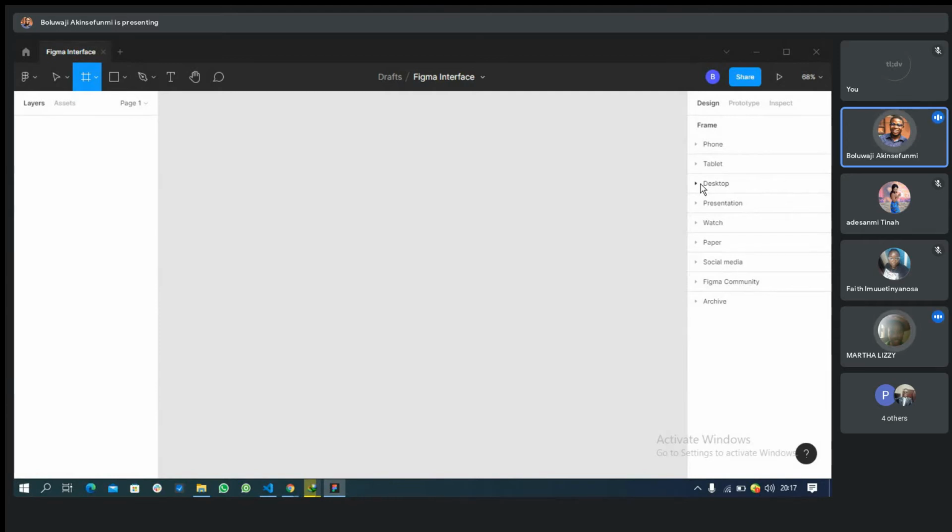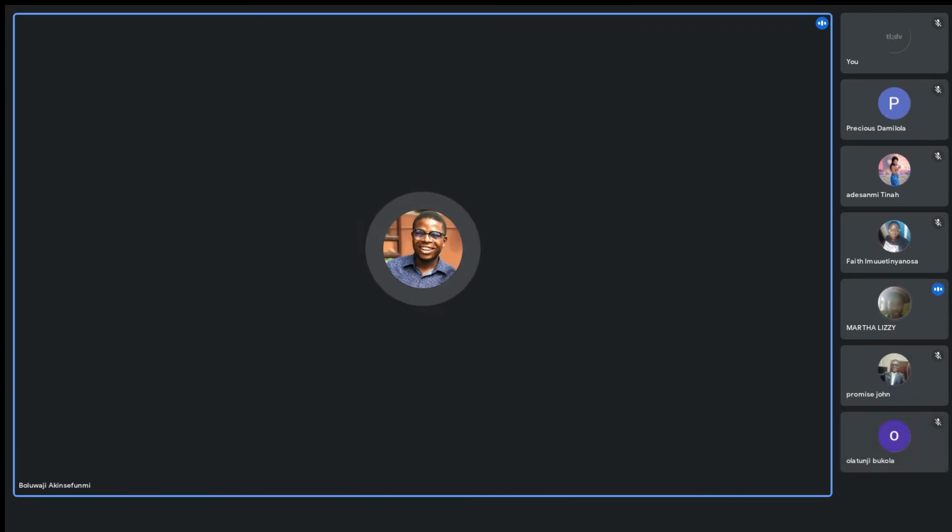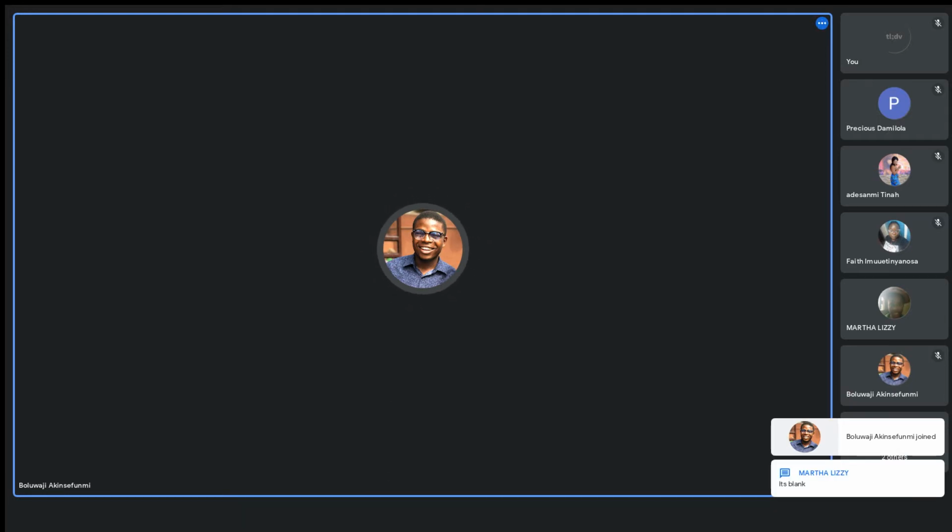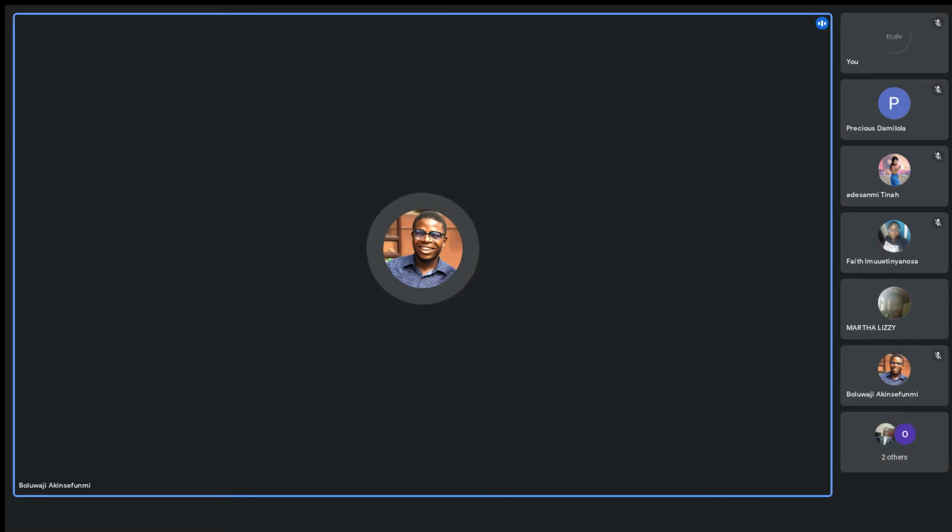Let's say you now want to find a frame for mobile or for small and medium screen phones. Then you come to your phone section, and you see different screen sizes, one for iPhone, one for Android, both small and large. And the beautiful thing here is that I think I've actually seen some design tools in which the most prominent frame,